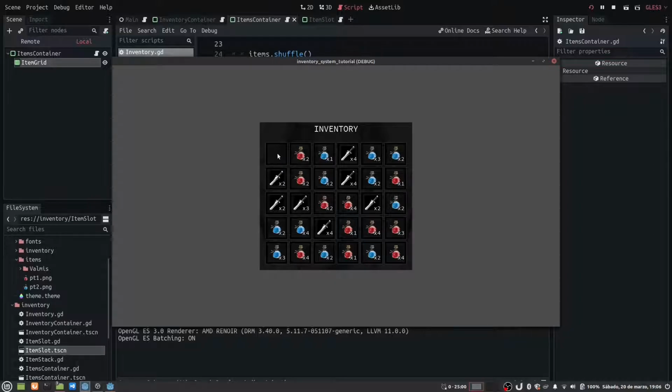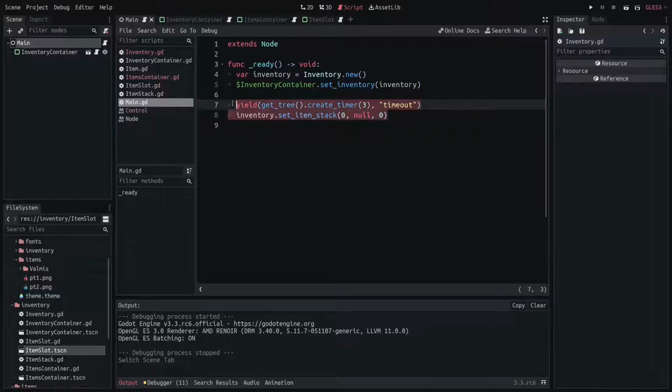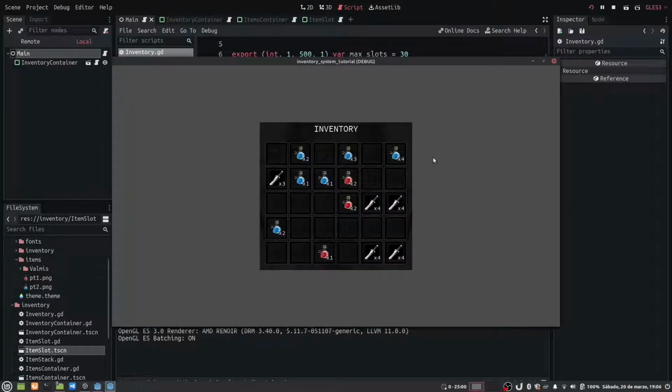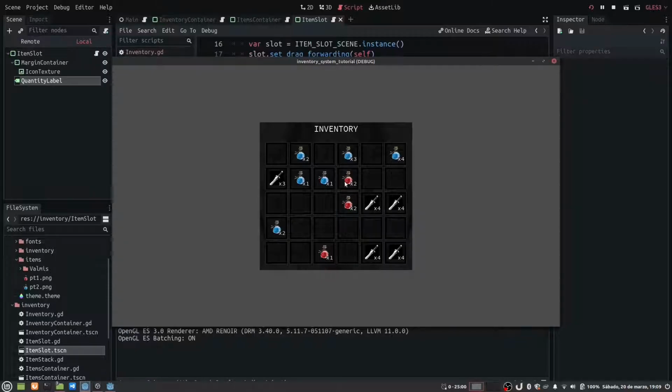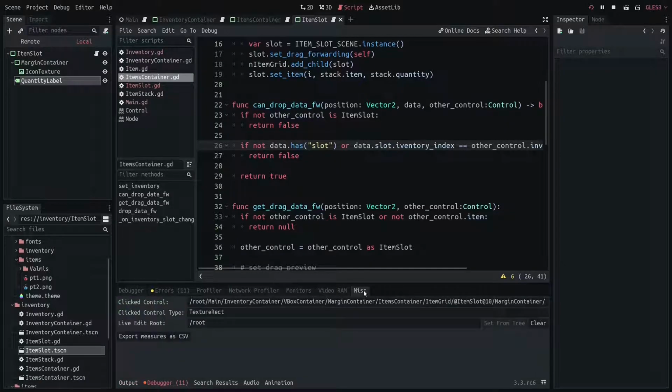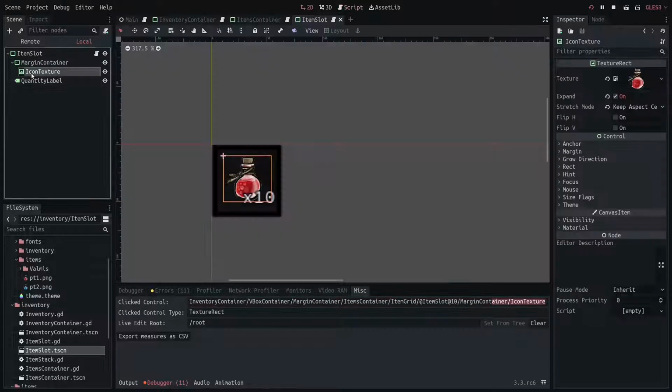I forgot to remove the last test, so I'm going to do it now. And nothing happens. Why? Because something is eating our click event. We can check which control is receiving the click event using the debugger. Under the Misc tab, we can see that the icon texture is the one receiving the event, but we want